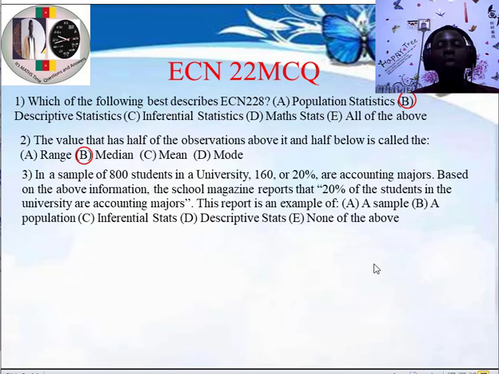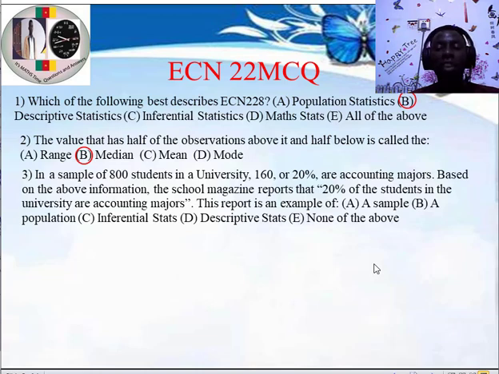Inference simply means when we are making a guess or when we are making an assumption, right? So in this case, the correct answer is inferential statistics. Why? Because the report is simply making an assumption. If you go into that school, perhaps more than 20% will be accounting major, or less than the actual 20%